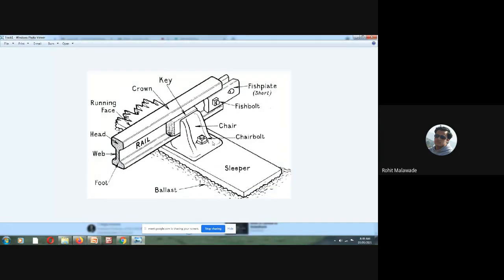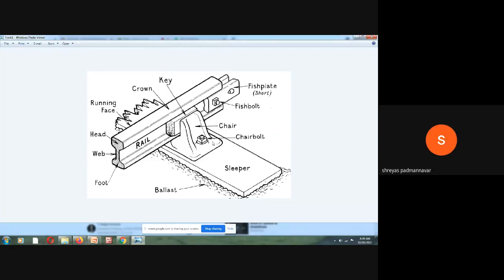In this diagram, according to you, what might be the different fixtures and fasteners we are having? You told me that to keep the track in a proper position, we will be using the fixtures and the fasteners. But according to you, what will be the fixtures and fasteners in this particular diagram? I hope the diagram is clear to you all.